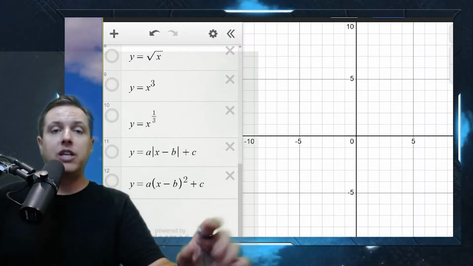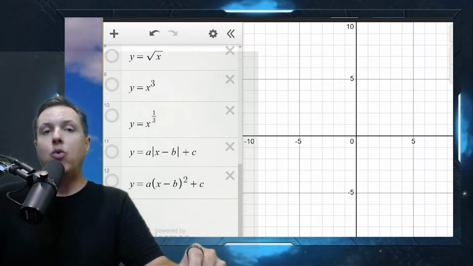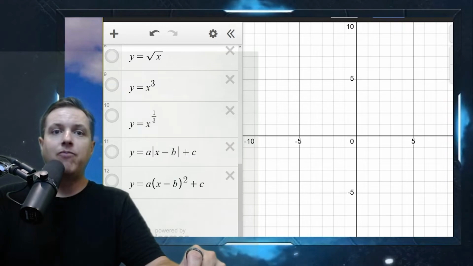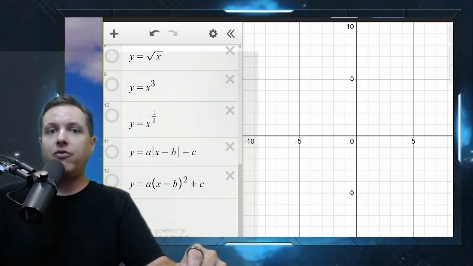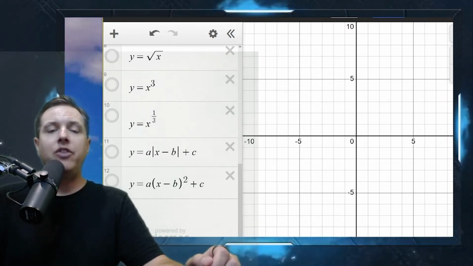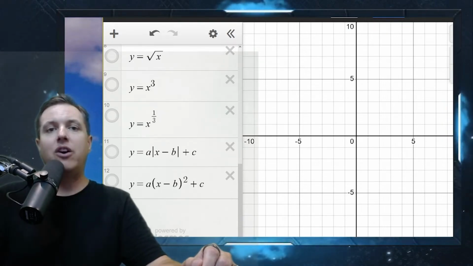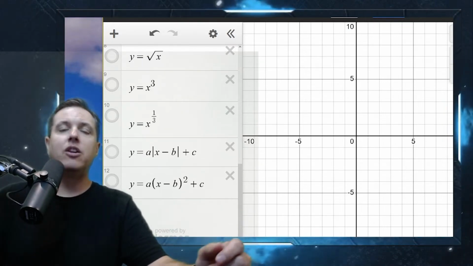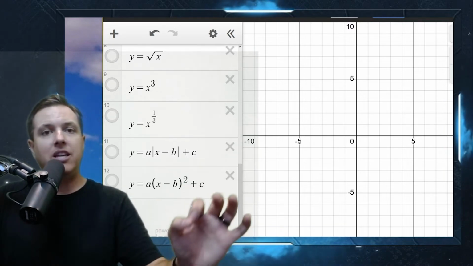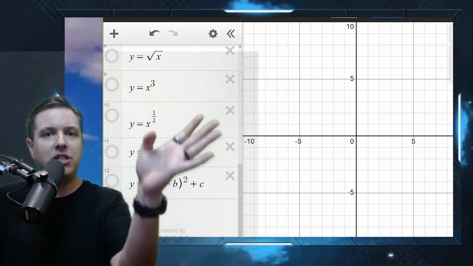Okay, so there's two things we want to look at here. One is we want to get to where we can recognize what family a particular function belongs to. And then we want to start to be able to recognize how to modify that function into something different. So we'll look at representatives of each family of functions so that when you see a function, at least when